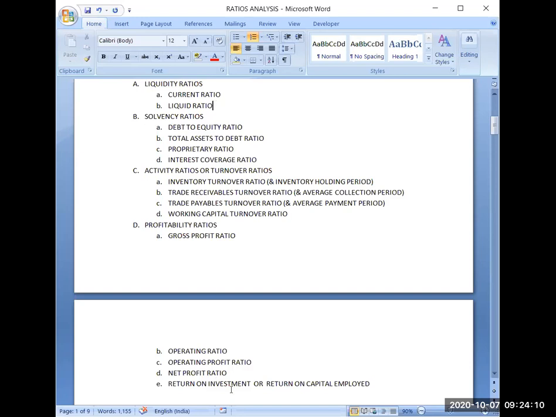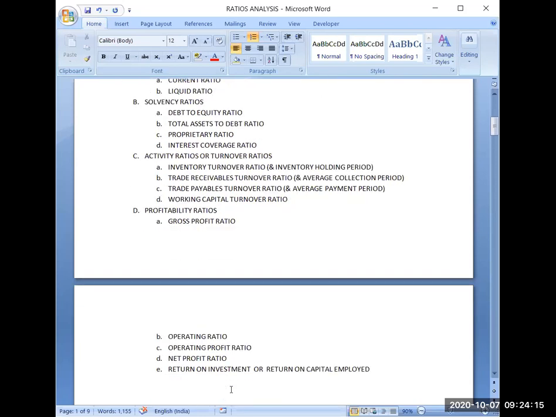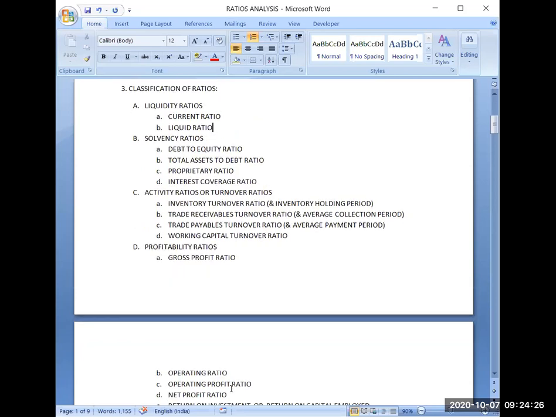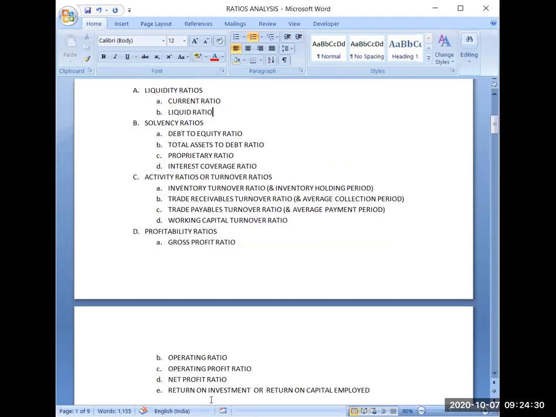Now, what I want to say here is that if you count them, 2 plus 4 is 6, plus 4 is 10, and 5 is 15. 15 ratios are there in your syllabus, and each ratio will have around 3 formulae. At least 3 formulae are connected with each ratio. It can be more in case of some other ratios also. So then it becomes 45. Around 50 formulae are there.